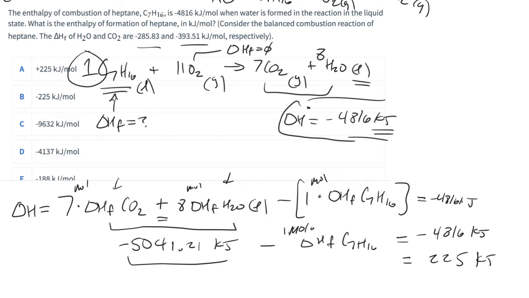So this comes out to 225 kJs is equal to negative 1 mole times